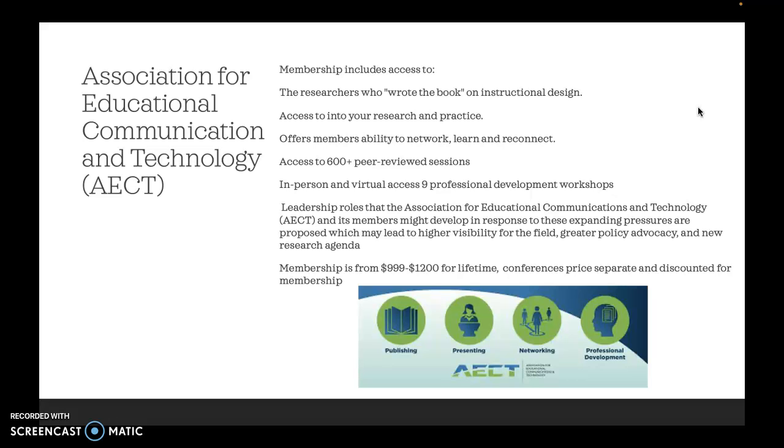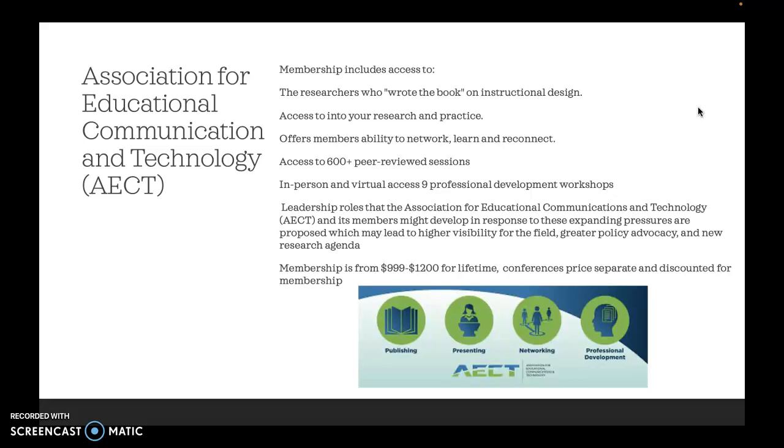So they're very similar, the two, the ATD and the AECT, but it's really about what you're trying to do in your professional development. Again, going back to what Reiser and Dempsey wrote, it's going to be up to what the individual wants out of their professional development.